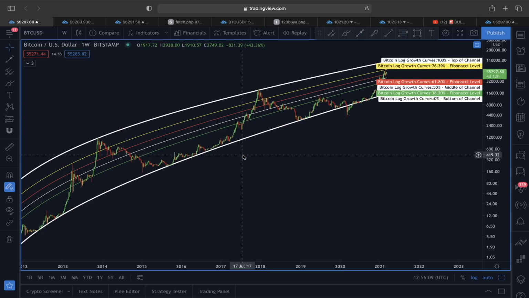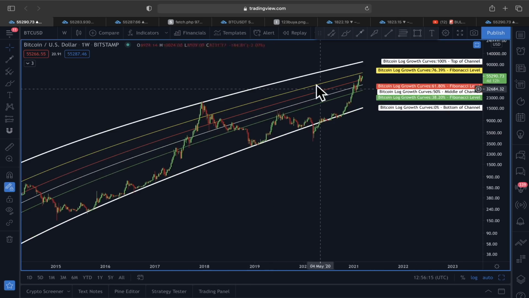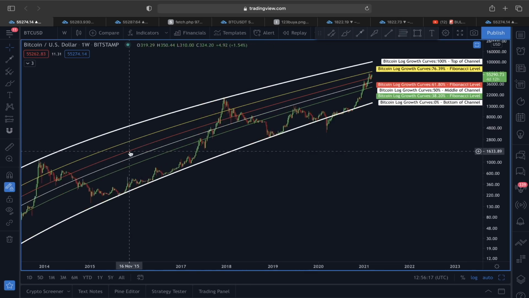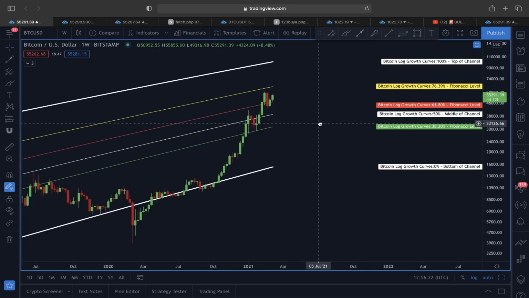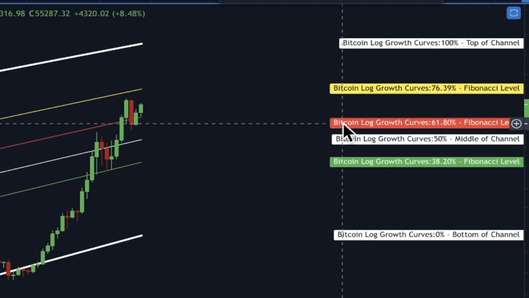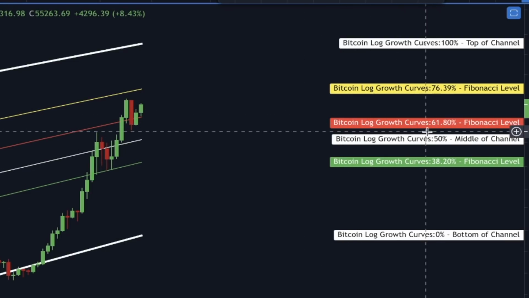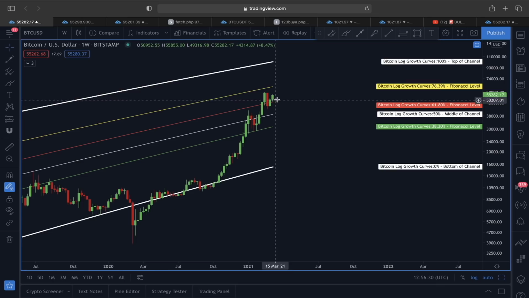So as you can see guys, today we are going to start this analysis by looking at this price structure of Bitcoin USD in a weekly time frame. Because if you monitor this price movement here in a weekly time frame using this Bitcoin logarithmic growth curve, right now the price of Bitcoin has clearly found support at this red line, and this red line is the Bitcoin logarithmic growth curve 61.80 Fibonacci level, and I have already